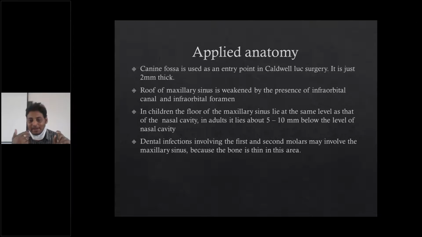Oro means oral cavity. Antrum means, as we said earlier, maxillary antrum. There will be a communication between the oral cavity and the maxillary sinus, because improper extraction of a tooth or injury to the maxillary sinus floor may cause a fistula and communicate the oral cavity and sinus cavity. So obviously there will be ascending and descending infections. If there is a maxillary sinus infection, the pus may drain down into the oral cavity, and any infection from the adjacent tooth may go up. From an applied anatomy point of view, these are the few points regarding the maxillary sinus.